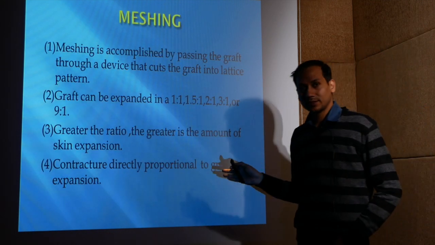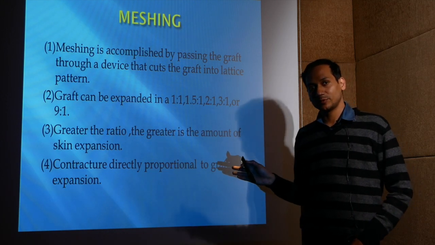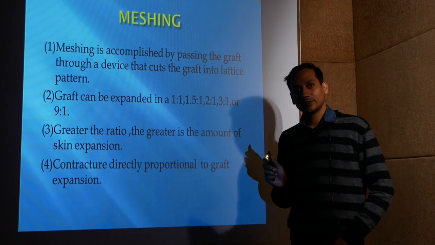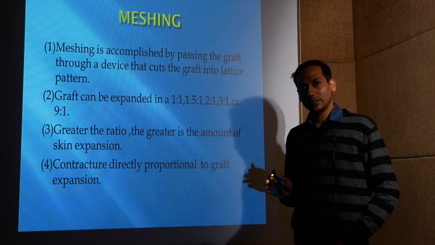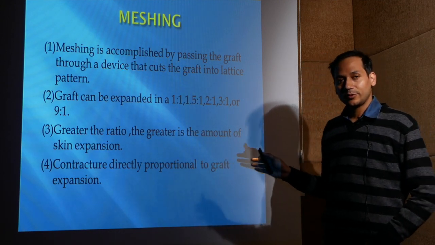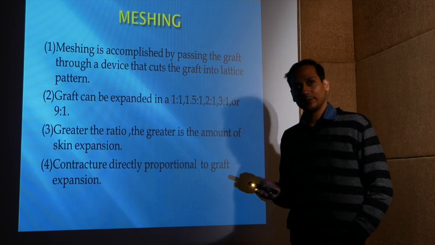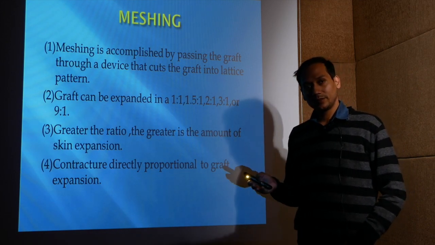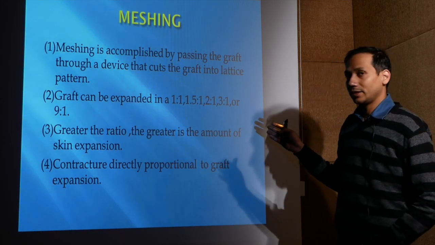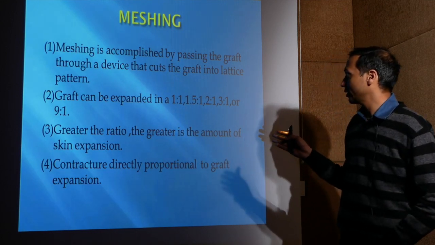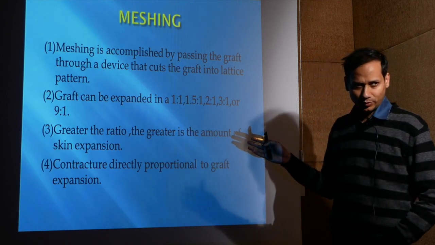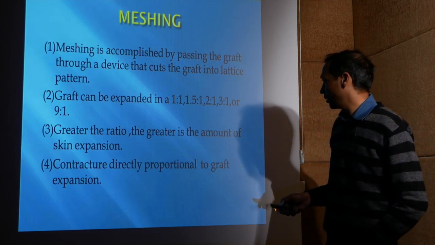Meshing is one of the parts of skin grafting, most commonly used in split thickness grafts. There are two indications for meshing. One is to increase the surface area of the skin graft, so we can apply the graft over a large area. The meshing can also be done to evacuate an underlying collection, in the form of blood or other serous discharge. Meshing can be done by blades, and various devices can also be used, in which the graft can be expanded up to 9 times the original area.